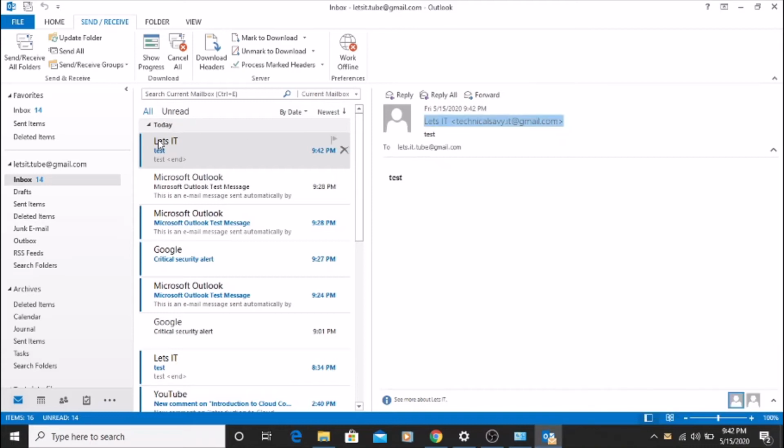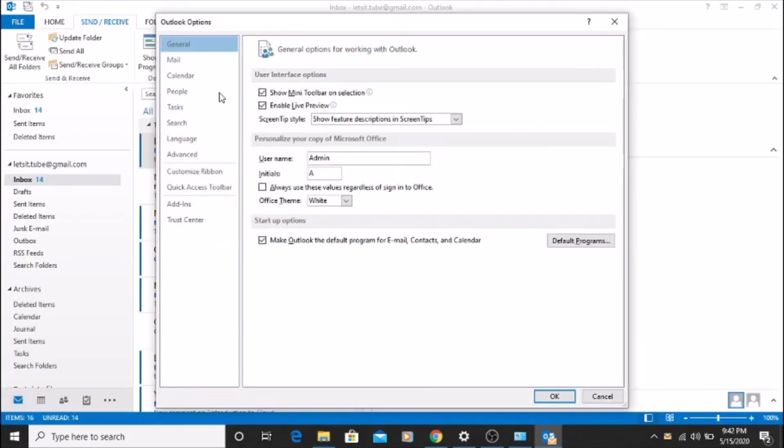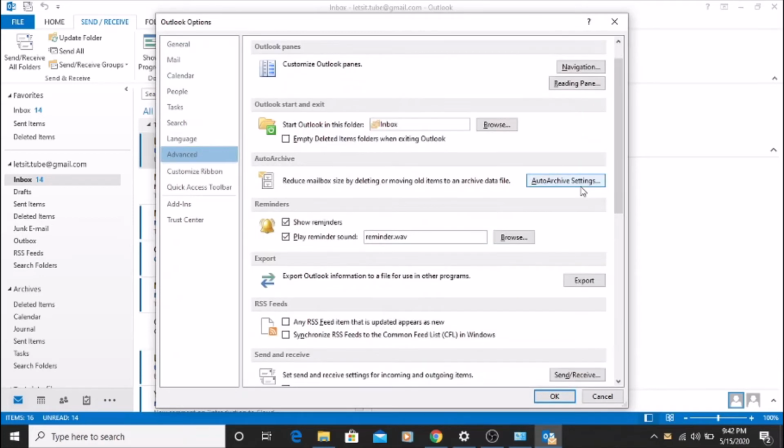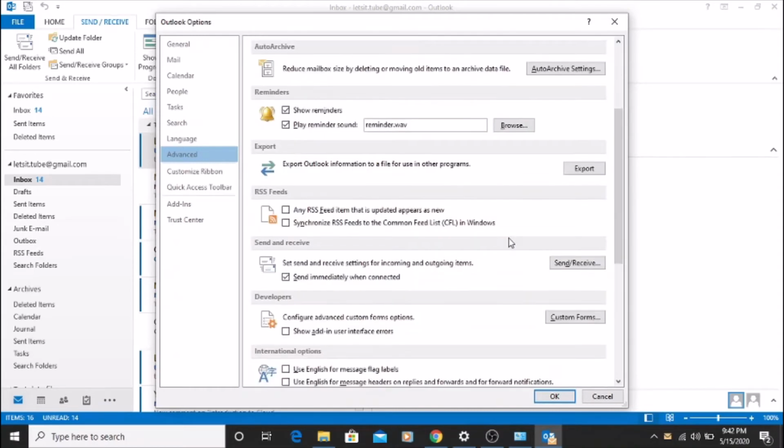By default, the send and receive setting will be set to, I think, 30 minutes. You can change that. To send and receive at a higher frequency, you can just go to File, click on Options, and Advanced. Here also you can set the auto archive settings the same way we did from the inbox.